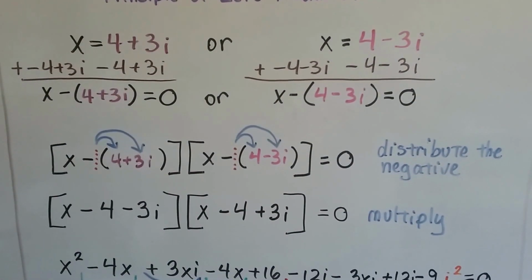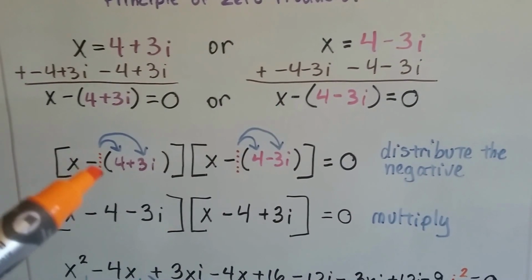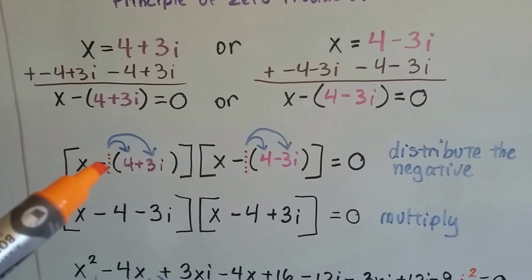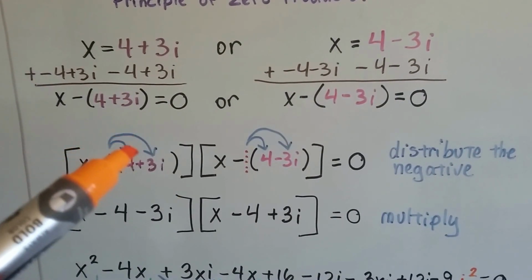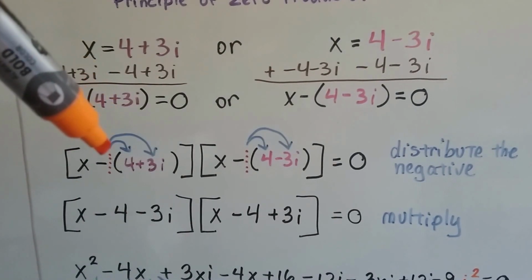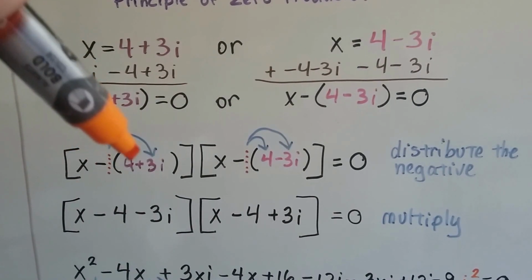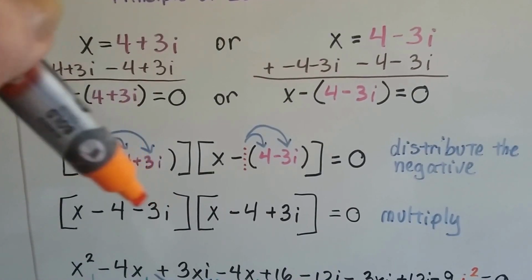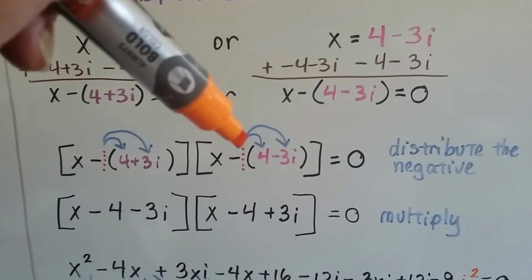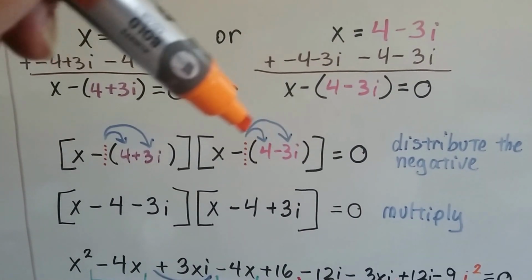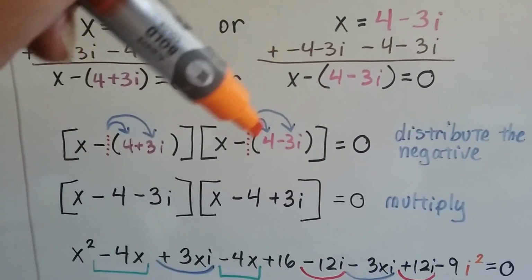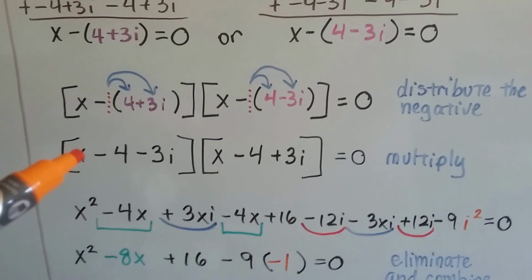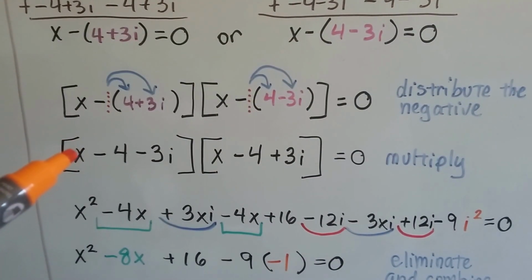Now we can distribute that negative. There's a negative 1 hiding in front of this parentheses, isn't there? And we can distribute this negative thinking of that negative 1. So that's going to make it negative 4 minus 3i. See how it changed it? And when we distribute this one, it's going to make it a negative 4 plus 3i because two negatives make a positive. See? Now we can multiply these, and we multiply just as if we were foiling, except now we've